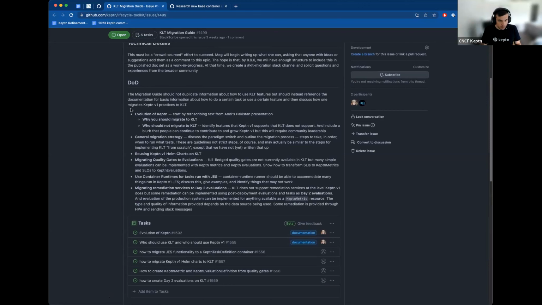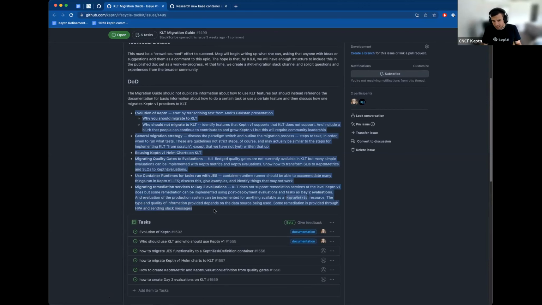And I think I spoke with Meg already quite a long time ago about the different use cases, and she summarized everything perfectly here. And there are 1, 2, 3, 4, 5, 6 main topics that we should provide. The first one is why you need to migrate. What are the benefits of KLT compared to V1? And then